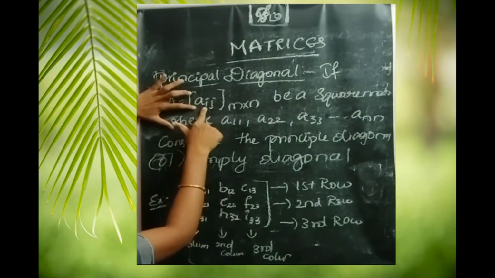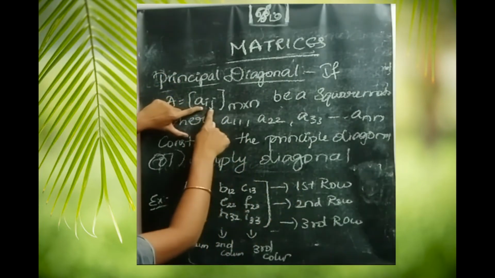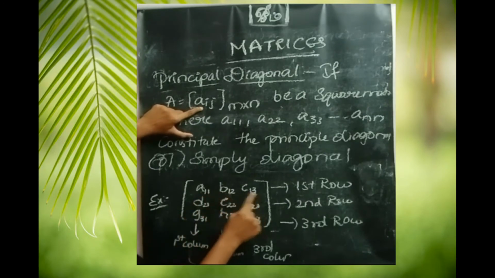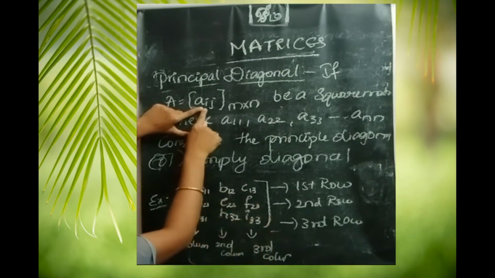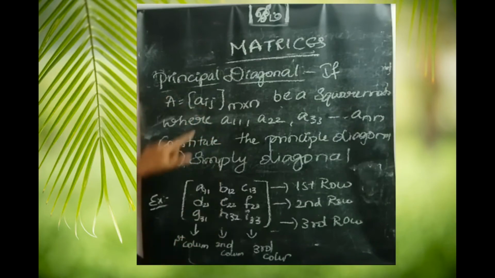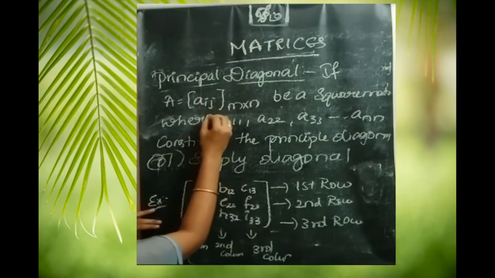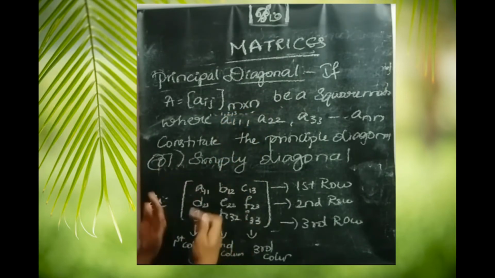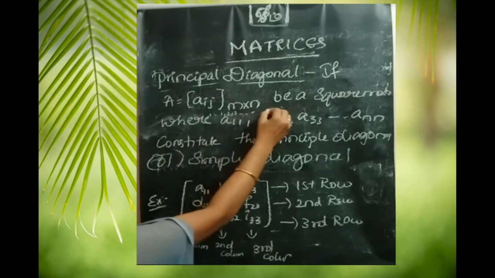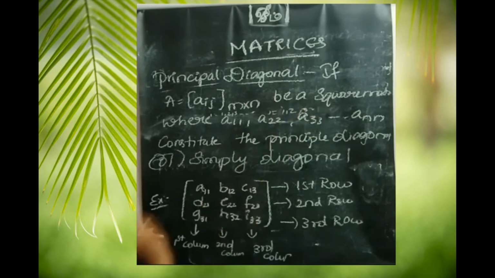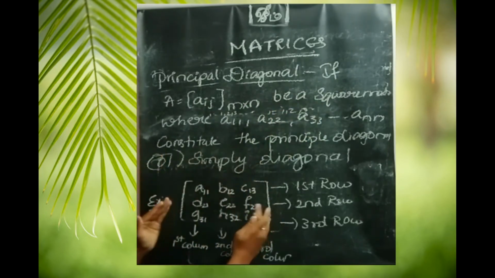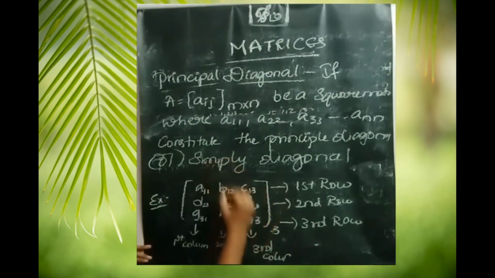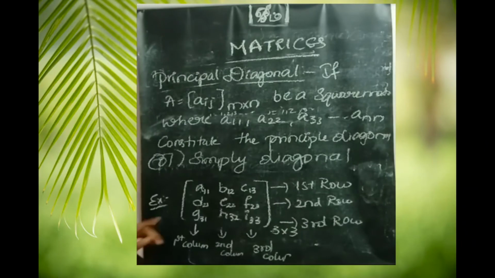So I is represented as row and J is represented as column. So here 1 1, 1 2, 1 3, and so on. That means numbers. Okay, I will be 1, 2, 3 and so on. Maybe we can take many matrices like this. J means 1, 2, 3 and so on. And what is this matrix's order? 3 rows, 3 columns, 3 by 3 matrix.